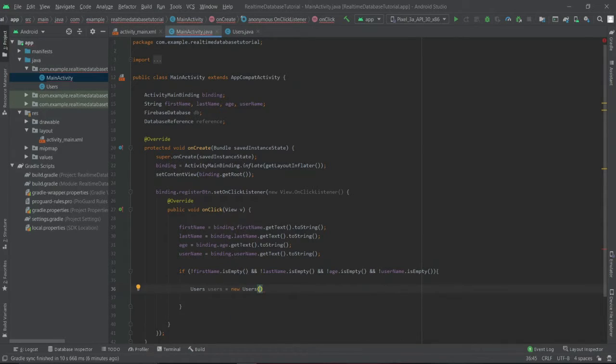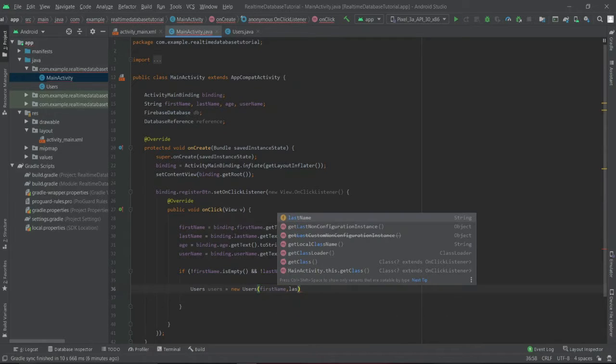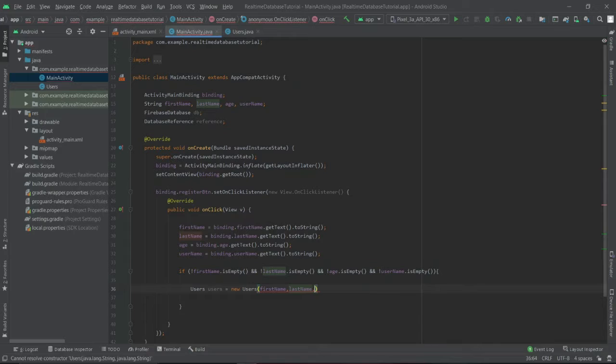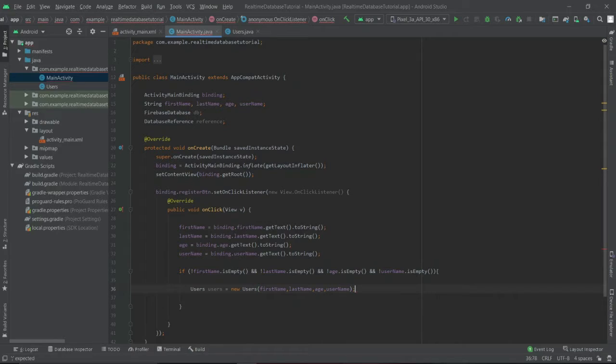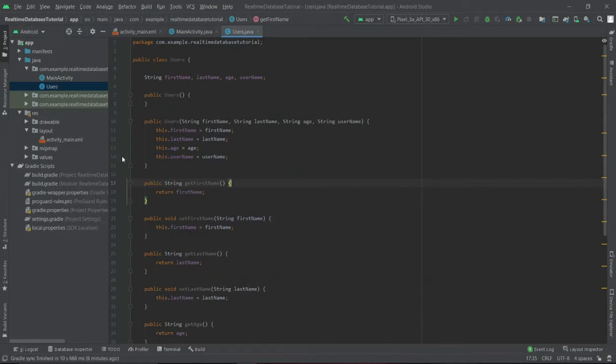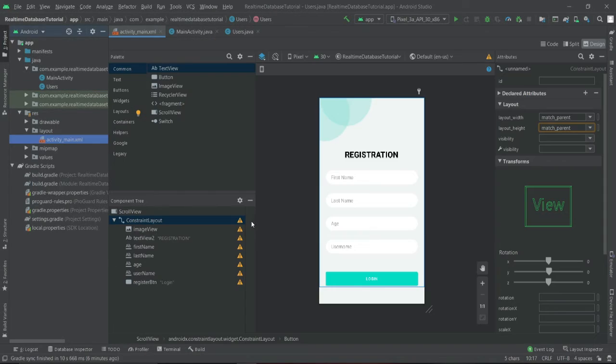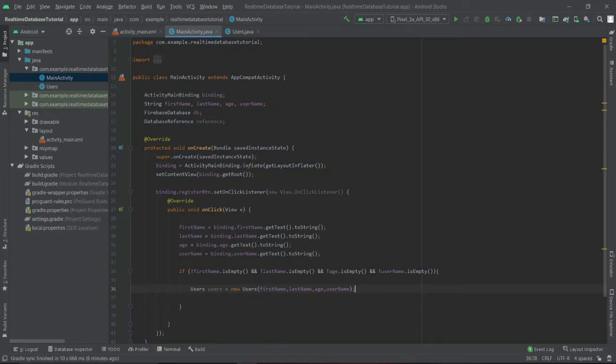And now we'll pass the data: first name, last name, age and username. So here you can see the color of this has been turned to yellow. That means we have used this constructor.